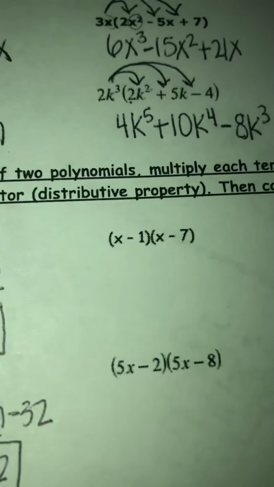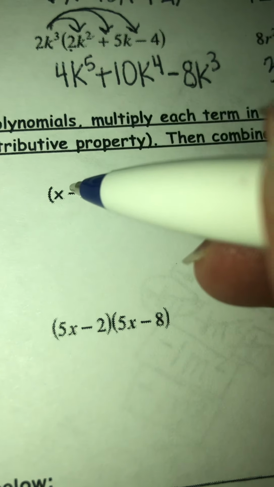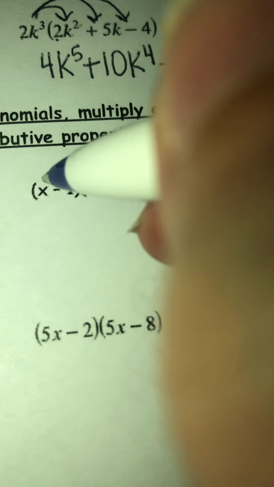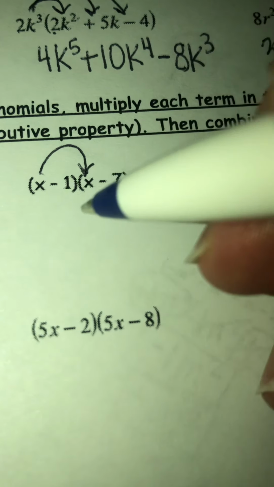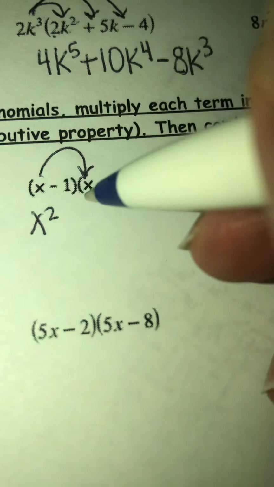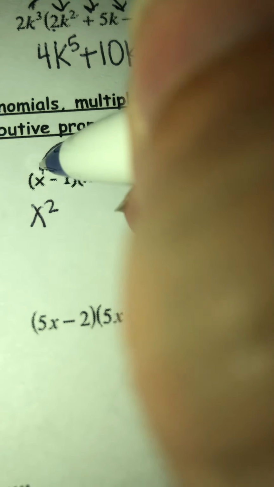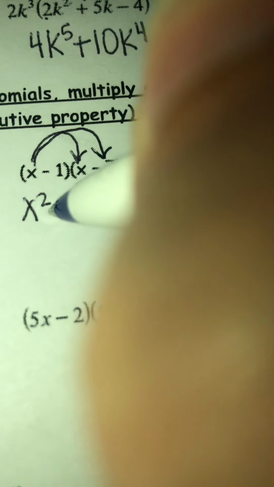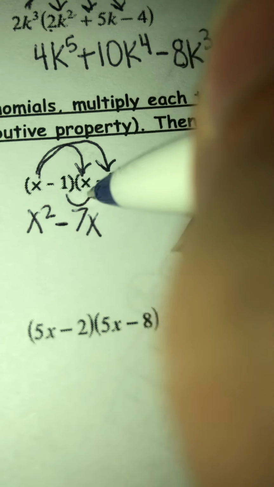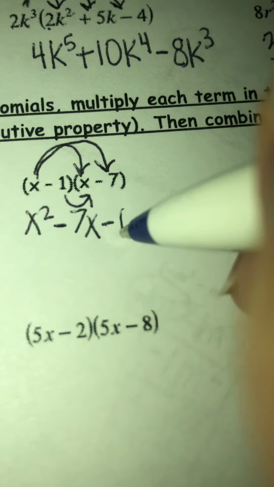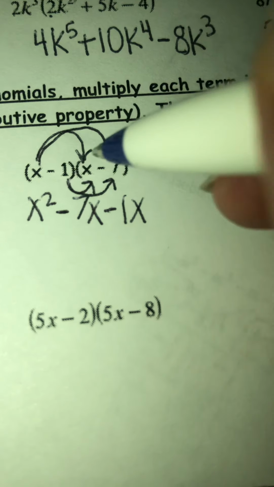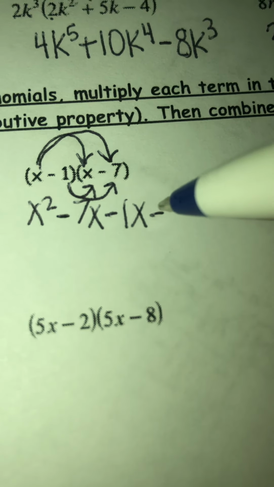Alright, the second section here, we're going to do the same process. I'm going to take everything in the first set of parentheses and multiply by everything in the second set of parentheses. So first I have x times x squared. There's no coefficient to multiply, that's 2 x's being multiplied, so that's x to the power of 2. Then x times negative 7, negative 7x. Negative 1 times x, negative 1x. Negative 1 times negative 7, be careful, remember that's a negative 1 and a negative 7 being multiplied, so that's going to be a positive